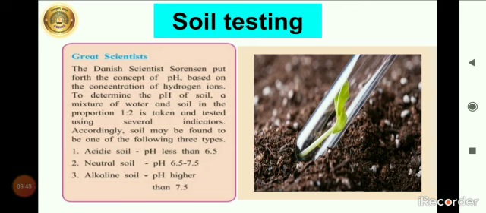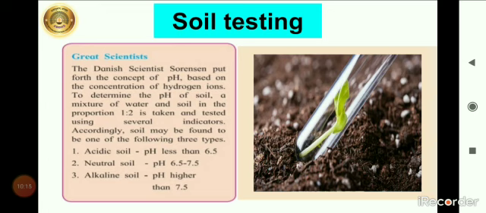The soil sample collected for testing is dried in an open space in the shade for 8 to 10 days and later sifted through a sieve. The pH and the electrical conductivity tests are particularly useful in finding out the characteristics of soil. We can determine the fertility of the soil in farmers' fields with the help of different tests.